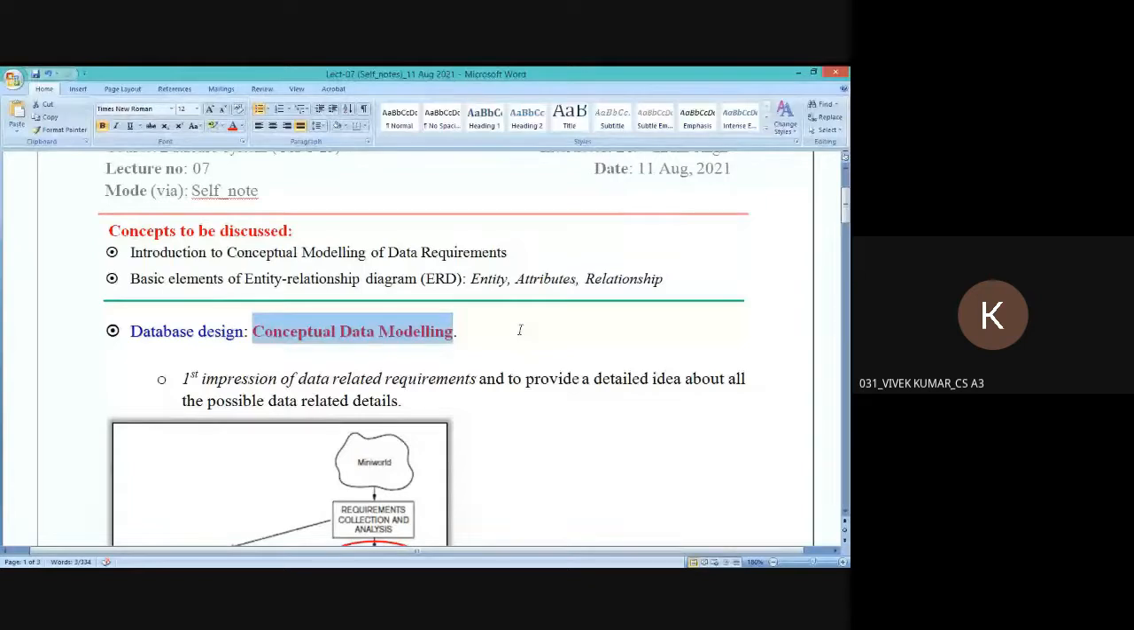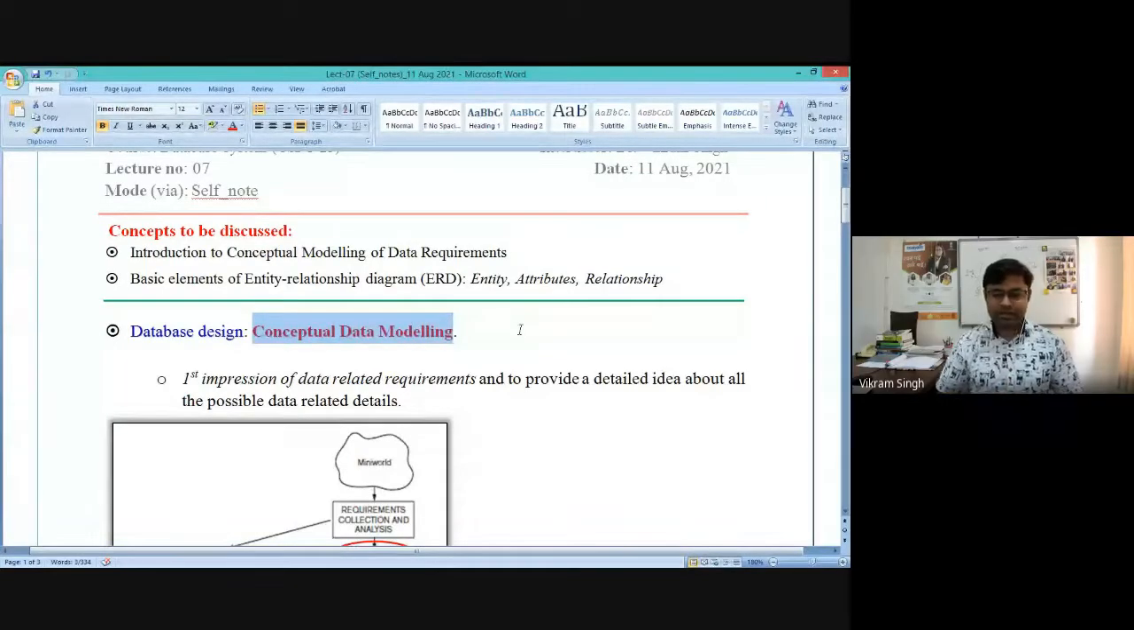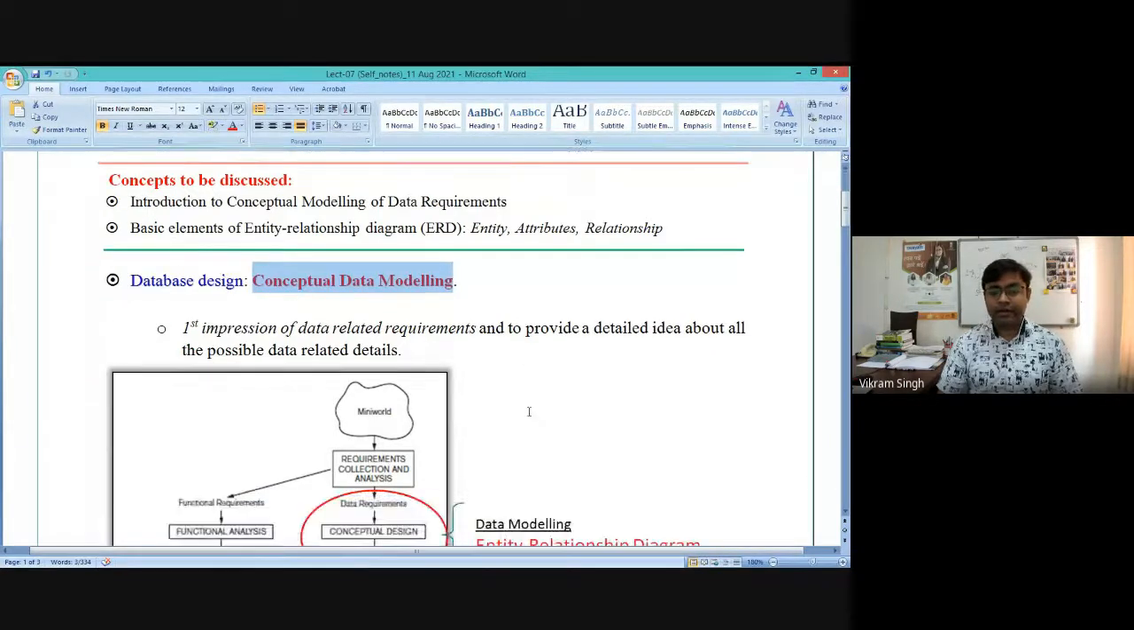So let's start discussing today's topics. Like in the previous class, we have taken the overview of the database design process, right? And in this, we have observed that the second phase or second step is the core, the important step to model the requirements into some